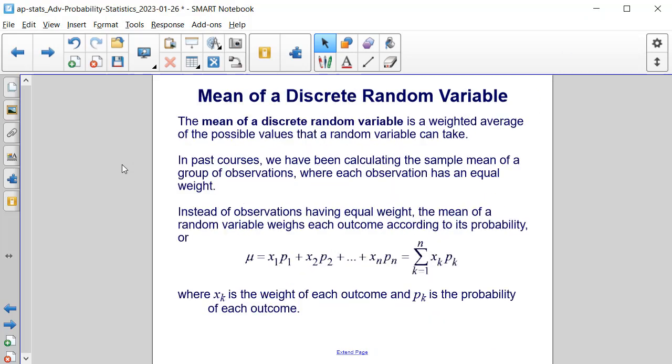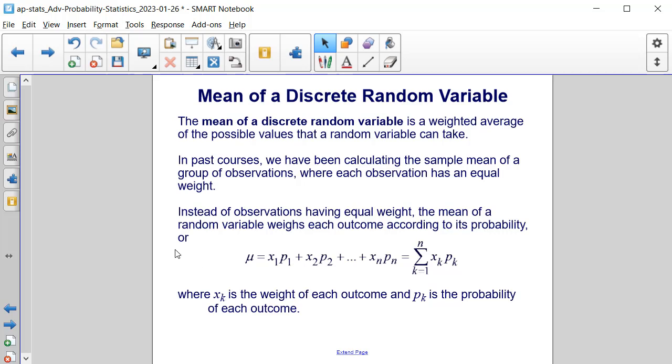Now let's talk about the mean of a discrete random variable. It is a weighted average of the possible values that a random variable can take. In past courses, we have been calculating the sample mean of a group of observations, where each observation has an equal weight. Instead of observations having equal weight, though, the mean of a random variable weighs each outcome according to its probability,